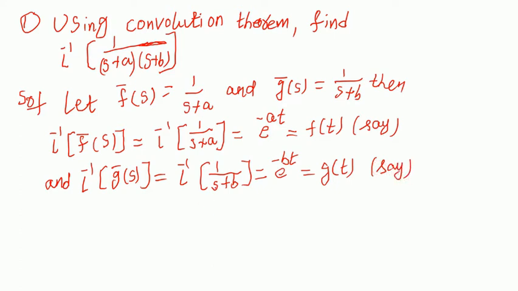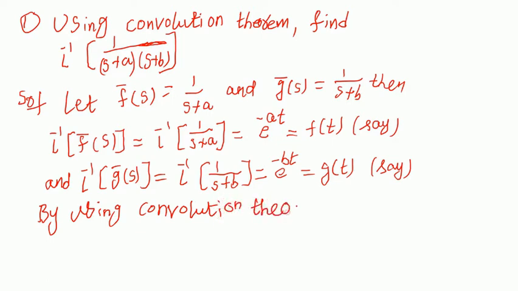First I have chosen f bar of s and g bar of s. From that I have found the L inverse of f bar of s and L inverse of g bar of s. Now by using the convolution theorem, we have to find L inverse of 1 by s plus a into s plus b. What is that? By using the convolution theorem, we have,